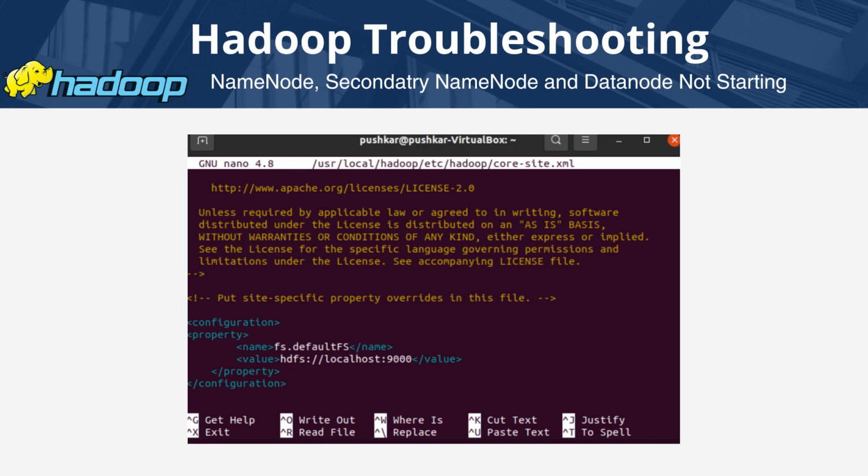Fix that. Open your core-site.xml file, add this property and save the changes. This tells Hadoop where to find the NameNode. Once you have updated the configuration, restart all Hadoop services. Use the following command: